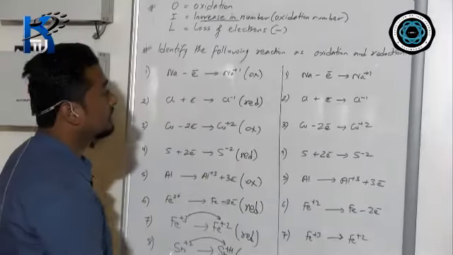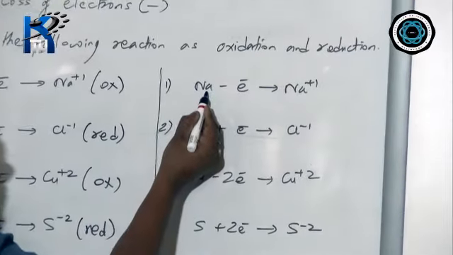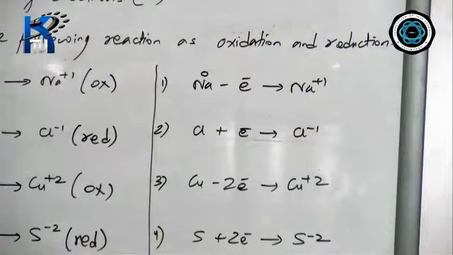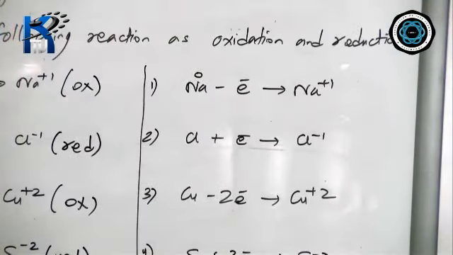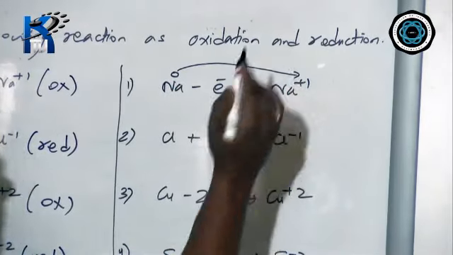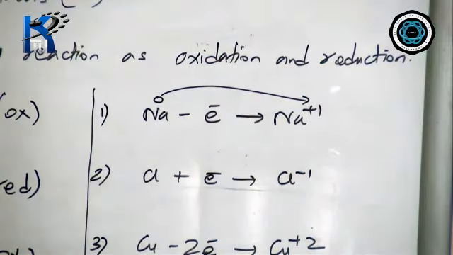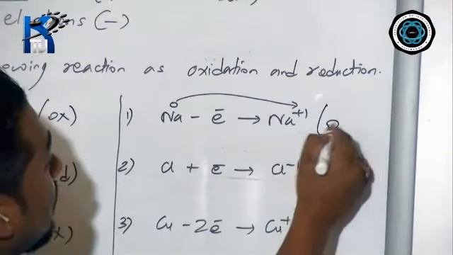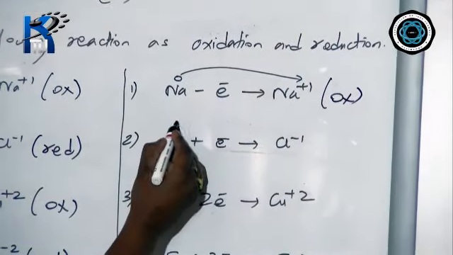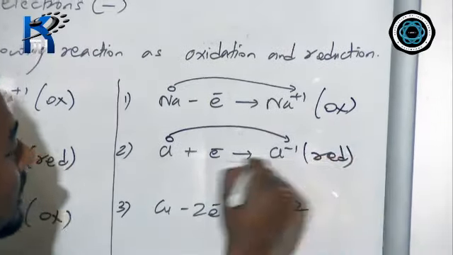Okay, now let us see here. For the electron, I am not going to see that now. Sodium, there is no charge. If there is no charge, put 0 on the head. If there is no charge, what to put on the head? 0. Now compare the value 0 to plus 1. Is it increase or decrease? Obviously it is an increase. 0 to plus 1 is an increase, and increase stands for oxidation. Now again here there is no charge, put 0. Now 0 to minus 1 is what? Decrease, and decrease means reduction.